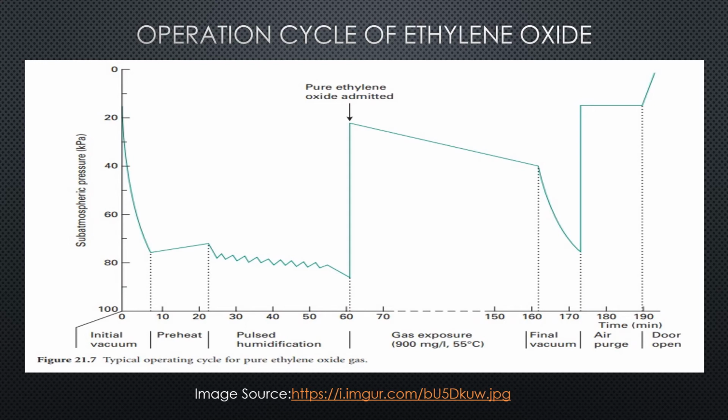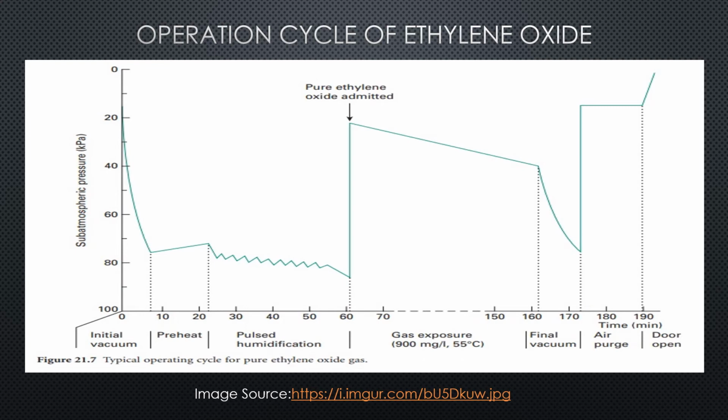Then filtered sterile air is introduced inside that chamber, so that there is repetition of vacuum and air cycle, or air purging, until we are going to open the chamber. At the end of the sterilization cycle, we are going to open the door. Till that stage, we have to keep circulating the sterile air. So whatever residues are going to be there will be taken up by the sterile air and the product will remain as it is. Thus, the safe removal of ethylene oxide is achieved, reducing the toxic hazards to the operators as well.